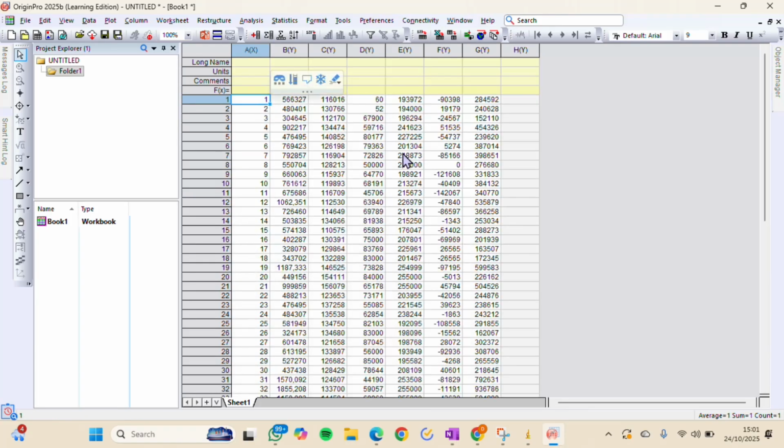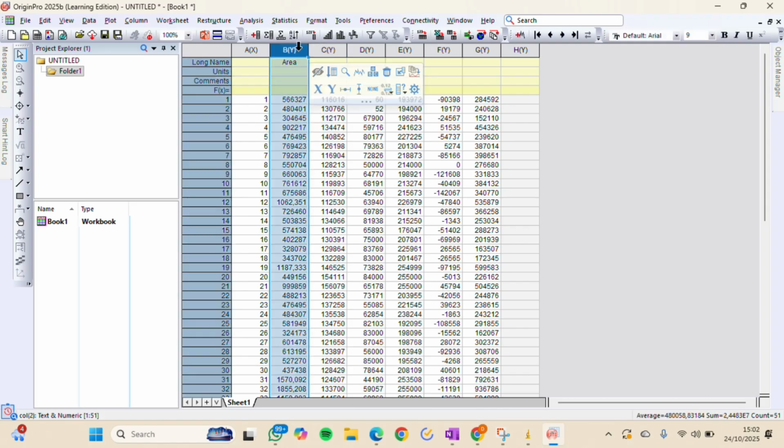Okay, we open Origin and select column B. We change the long name in column B into area, and then select column B and create a histogram plot.